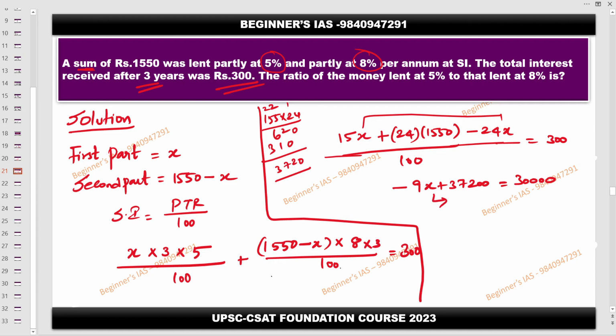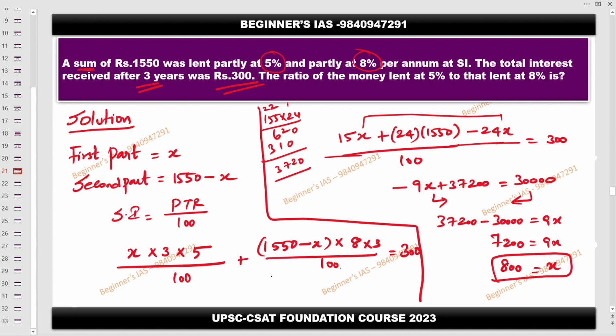So bring this, then bring this. So therefore here 37200 minus 30000, which is equal to 9x. Then 7200, which is equal to 9x. So 9, right? 9 into 8 times. So therefore x is equal to what? 800. So after calculating this, find the ratio of the money lent at